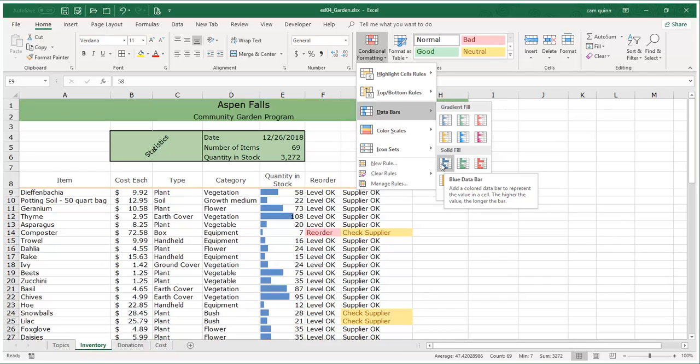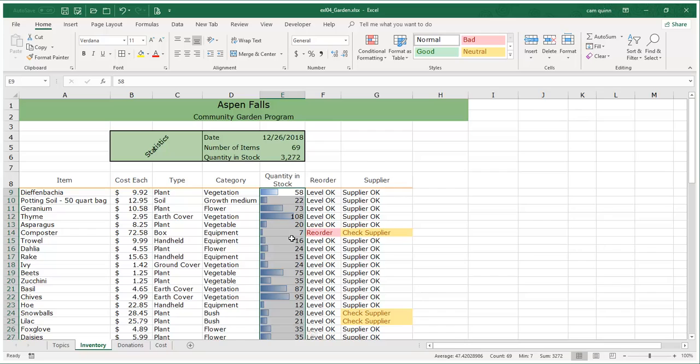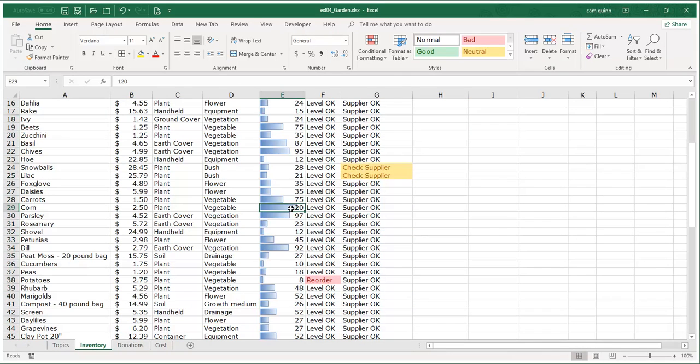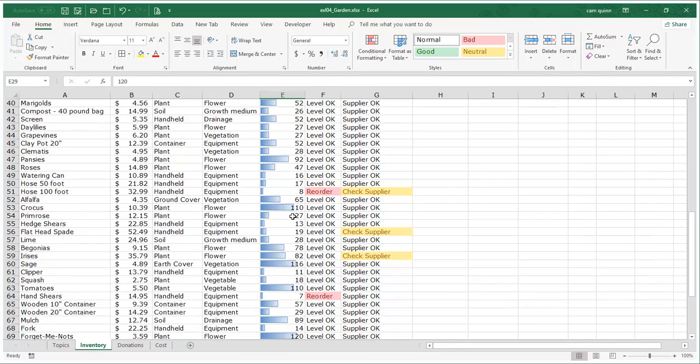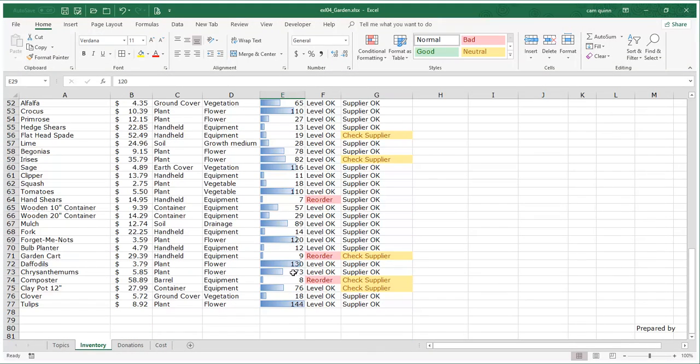So let me explain what a data bar does. If you look in your cells there, if I look at D9 or E9, you can see that I've got a bar that goes halfway across. In B10, I have a bar that goes a little bit less. In B12, I have one that goes almost all the way across. I'm just going to select this so that I can show you in the data. If I look at this cell in B29, it goes almost across. If I go all the way down to the very last cell, 144, you can see it completes the whole